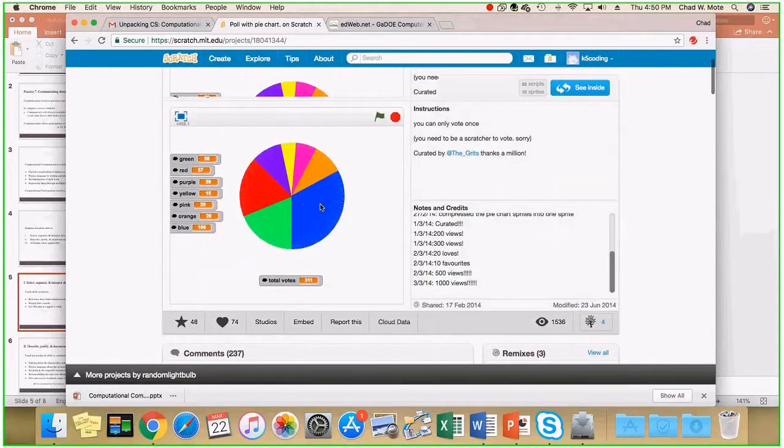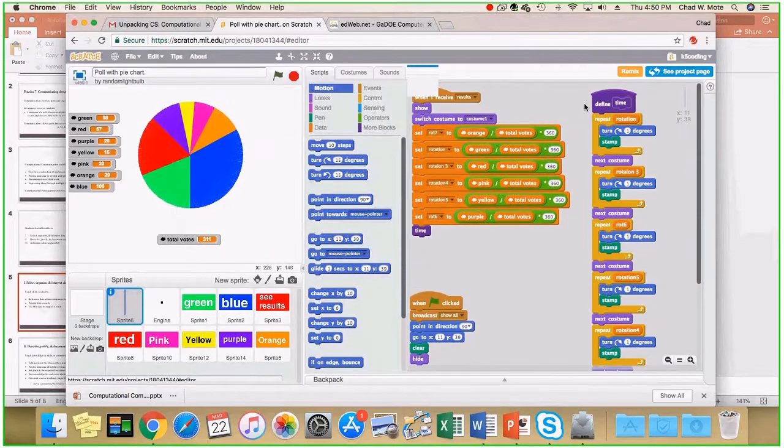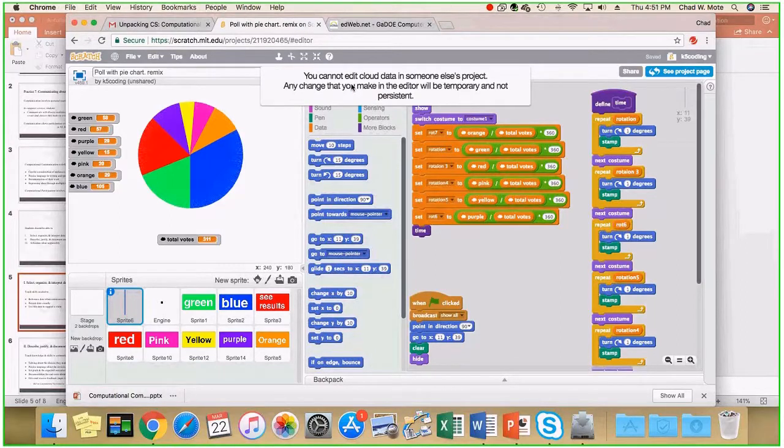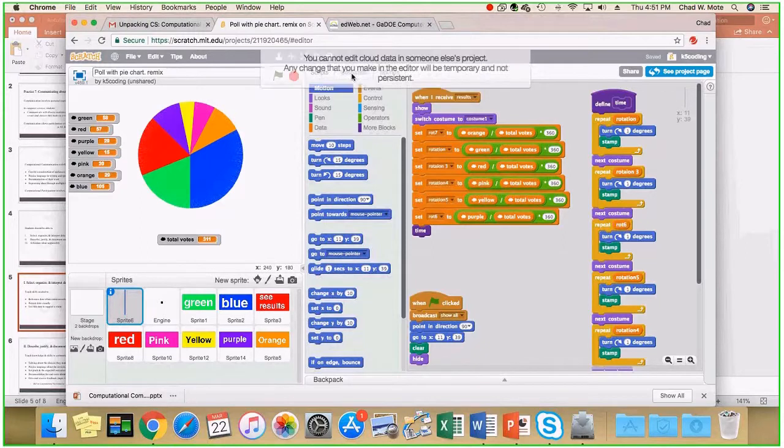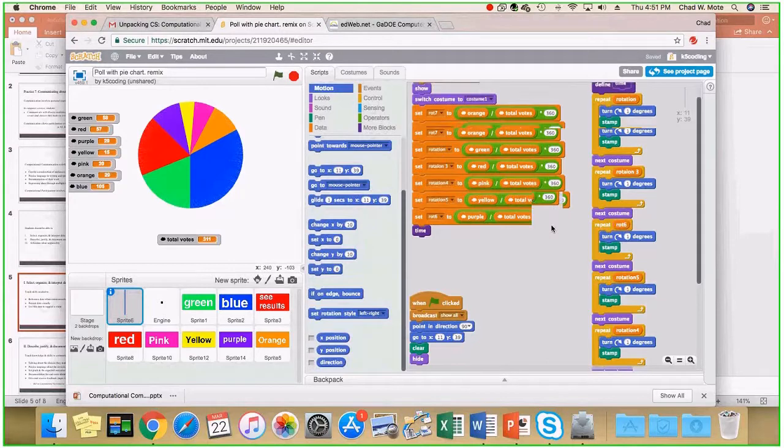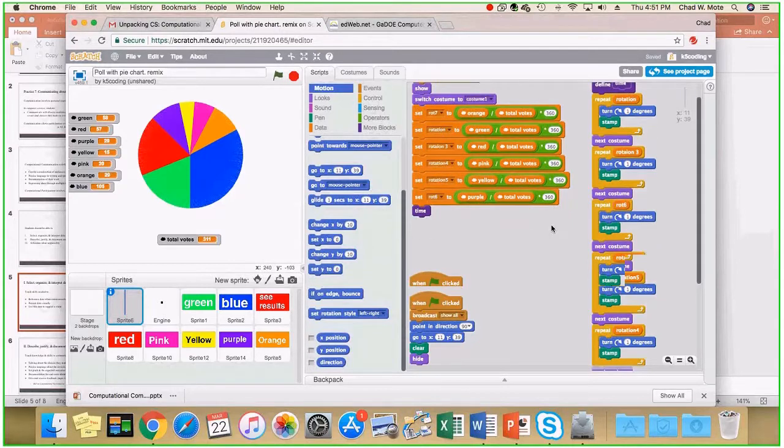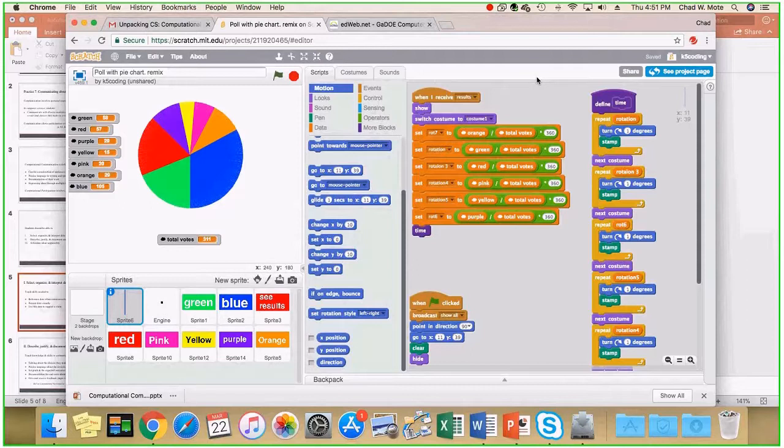And I'm trying to find... I can remix it. And so I can't actually manipulate the cloud data. It pulls it off, and I'm able to manipulate this project and change it in a way, but yet it doesn't upload that to the cloud data. So in Excel, and I wanted to do this today, but to pull up how to create a pie chart and have it ready to go, students are actually